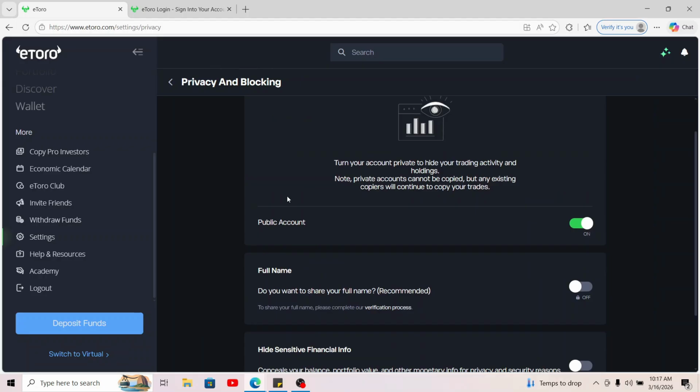Now, go to the first option and you'll see the Public Account option. Toggle off the button right next to Public Account if it is enabled. Once you switch this off, you'll be able to turn your eToro account private. After you turn on the Private Profile option, other users will not be able to see your trading information or